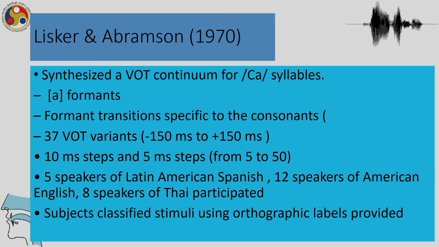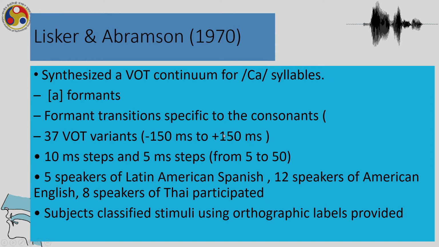So the Lisker and Abramson experiment first showed that a synthesized VOT continuum for consonant and R syllables, where a stable formant region for R was selected, and formant transitions related to the consonants were added, and 37 VOT variants were